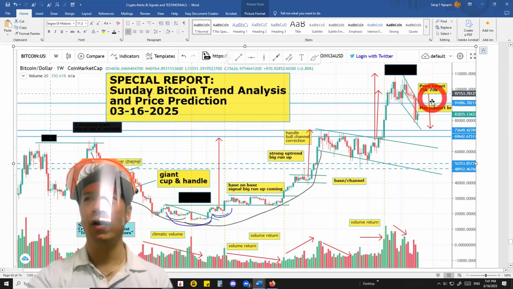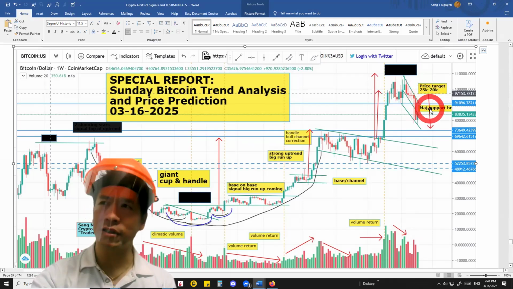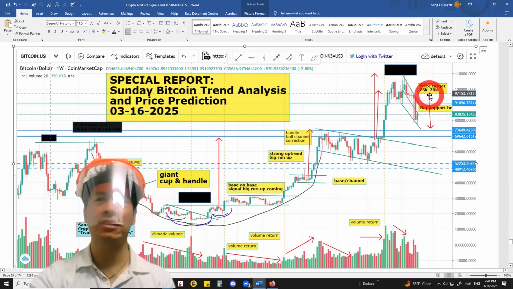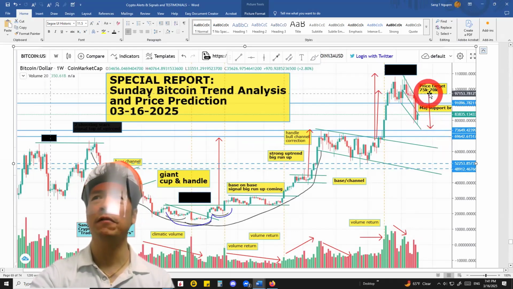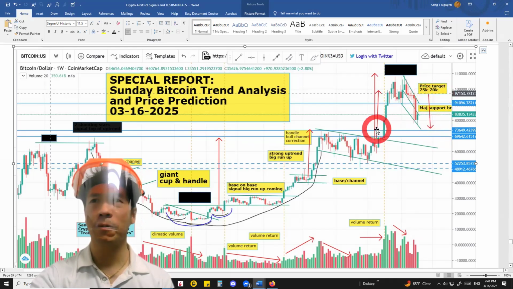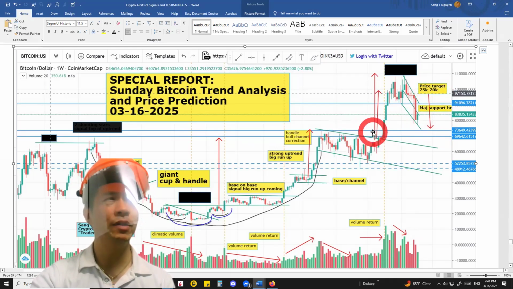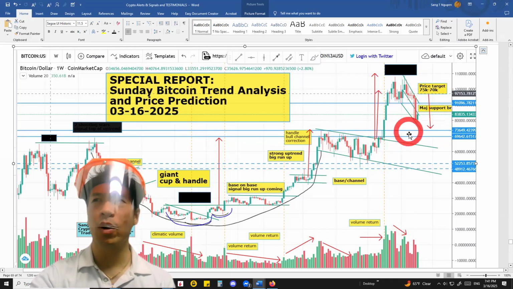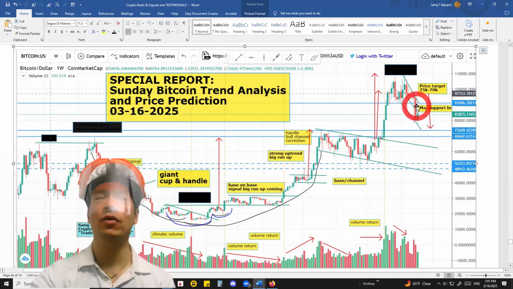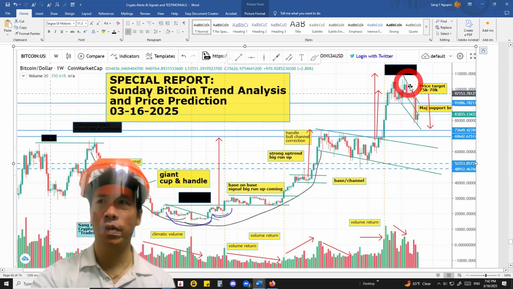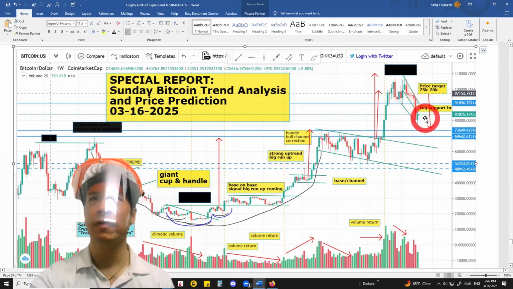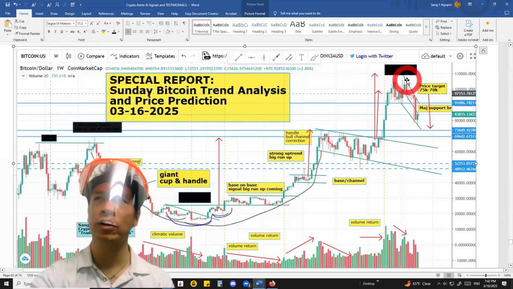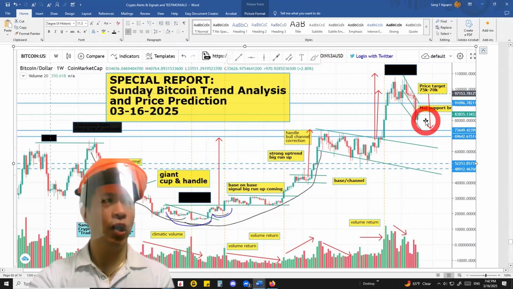we can project, or use what is called price magnitude, to predict the next target price for Bitcoin. And the next target price for Bitcoin is somewhere around 75,000 to 70,000-ish, because those areas were past resistance and have now become support. If Bitcoin continues the current downtrend, because right now Bitcoin is in a downward channel, a downtrend channel. This is a weekly chart, but if you actually look at the daily chart, you will see